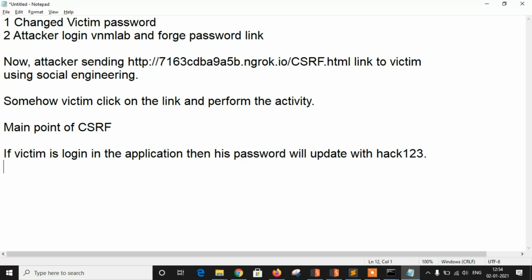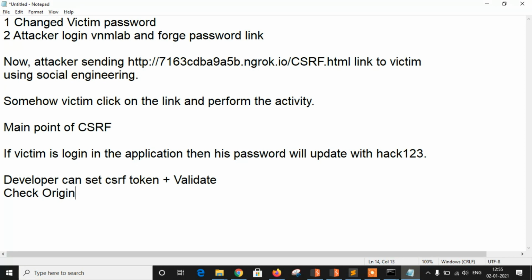For prevention, the developer can set a CSRF token, and not just set it but also validate it, and check the cross origin or the origin, and so on.